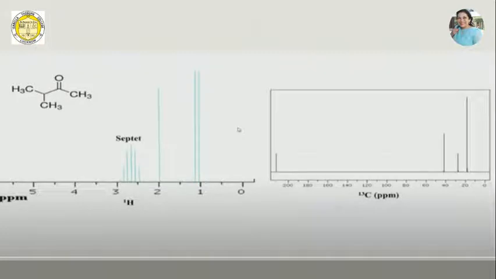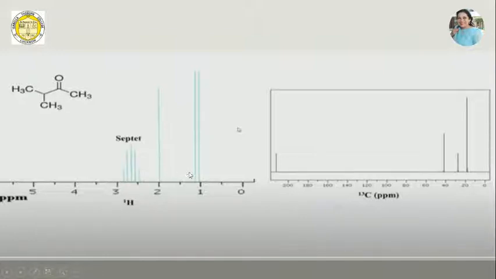Look at these two spectra here. The molecule here is a ketone, and if you look at the ketone, on one side I have an isopropyl group attached and on the other side I have a methyl group attached. So this is the proton NMR of this molecule. This is a doublet, then a singlet and a septet. I have just made a schematic sketch here. This is not an actual NMR but a schematic drawing.